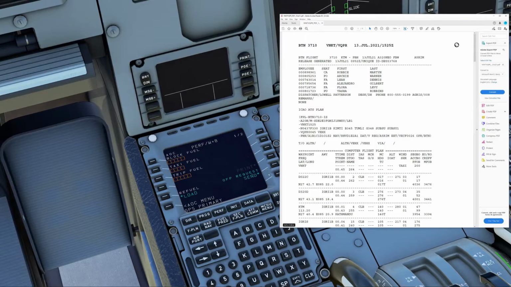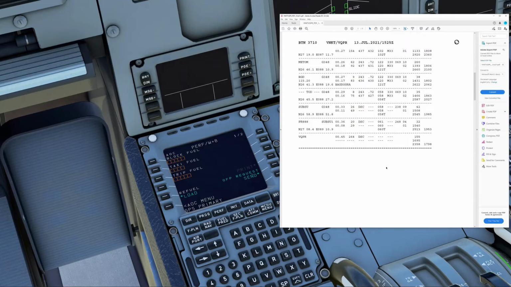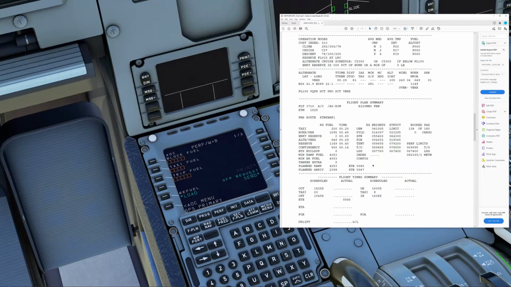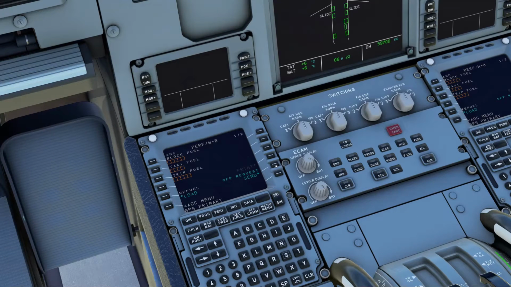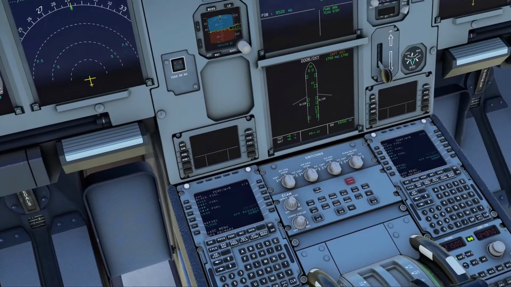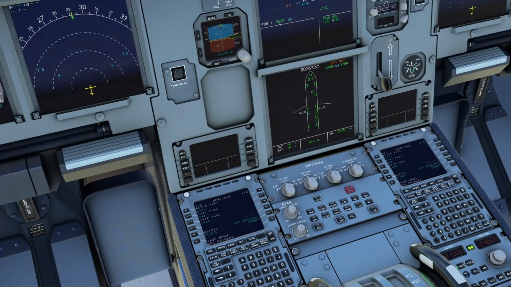All right, so just click on what we're looking at. Planned ramp 4253, and the payload here is 0, fuel weight 55402. So let's see what this all does. We'll click on that, and you can see it's all loaded in. And to actually get that into the aircraft, you can see at the top we've got 9520. We don't want that, it's too much for this short flight.